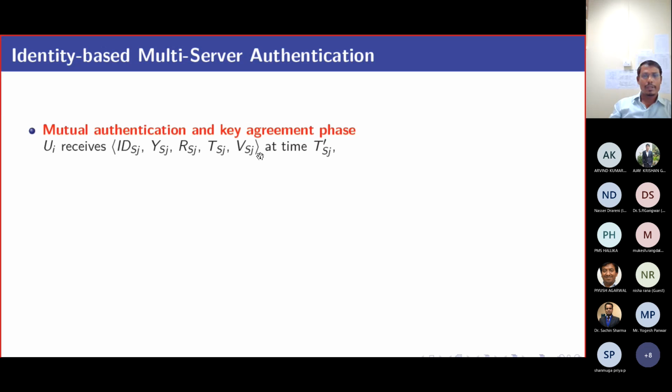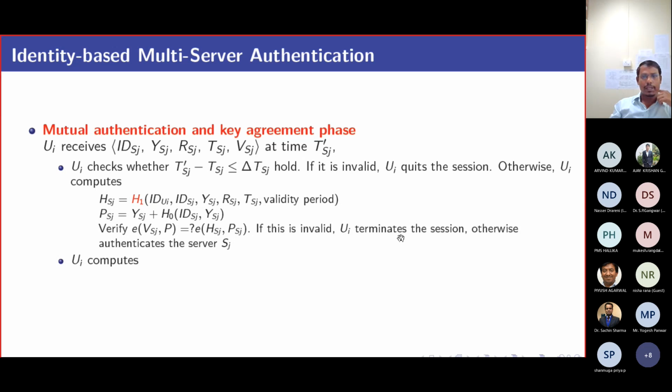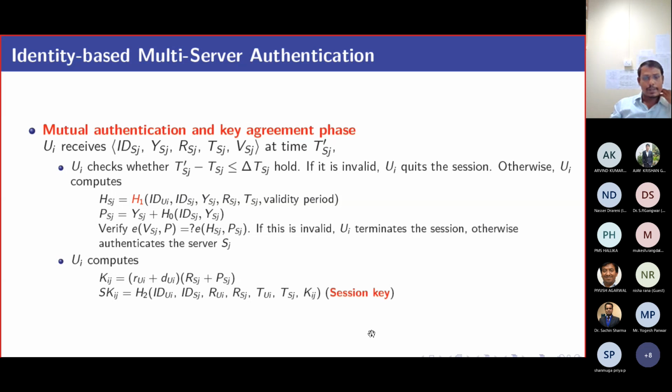Now, in the same way, the user will verify whether the server is correct or not, using the value received from the server side. It will verify the timestamp, then it will verify this equation. When it is correct, the server is correct, otherwise the server is not correct. Then, like the server, the user will compute the same common session key. Here you see this is the number selected by the user, the private value, this is the value received in the reply message, and this is the public key of the server. So this is the common session key.